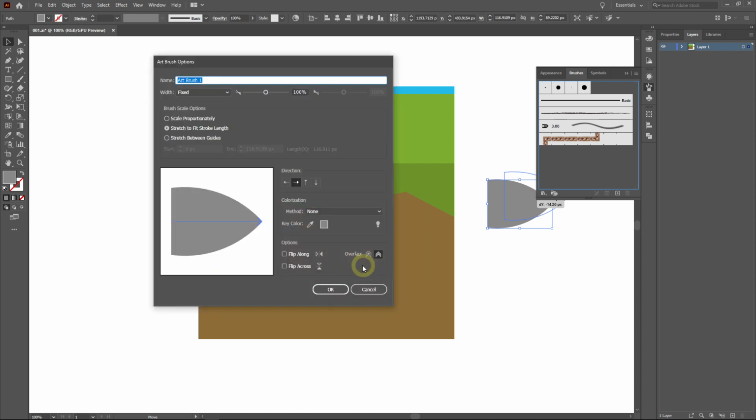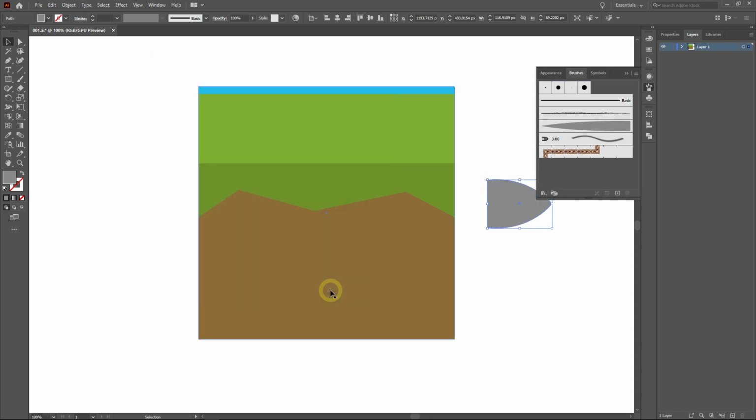For this art brush, we want it to scale proportionally based on its length. Next, we want to flip the stroke direction. We want to start from the sharp point towards the side of the base shape. For this, we need to select this option. Then, we want to use this gray color as the key color, which will change depending on the active color. For that, we need to select the Hue Shift mode. After you are done, just click OK. And now we have a new art brush that looks like a leaf or a grass blade. We don't need this object anymore, so we can safely delete it.